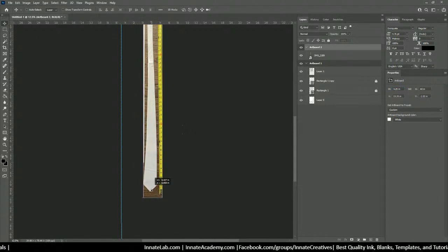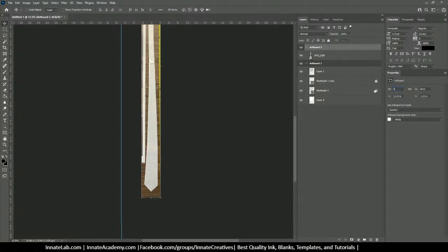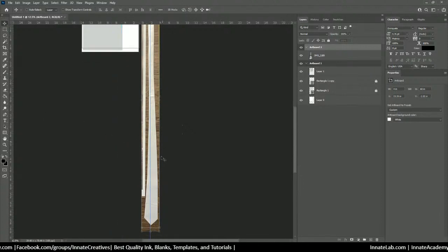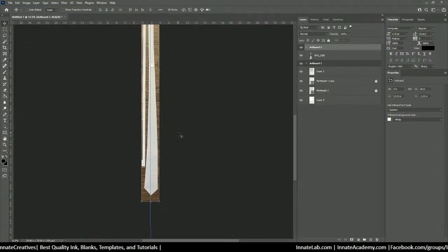All right, and here I'm just going to move my, oh, not my artboard, I want to move my image. And as a matter of fact, let's just make this artboard an even 4. That means when I bring a ruler here, boom, I can put a middle guideline right here in the center. So that's going to be my 2 mark. And then I'll move this one back out of the way. All right. Yeah, so pretty much I have what I need as far as the dimensions,